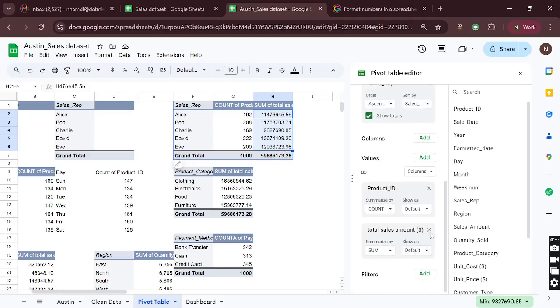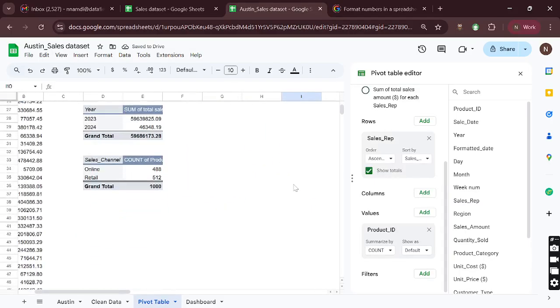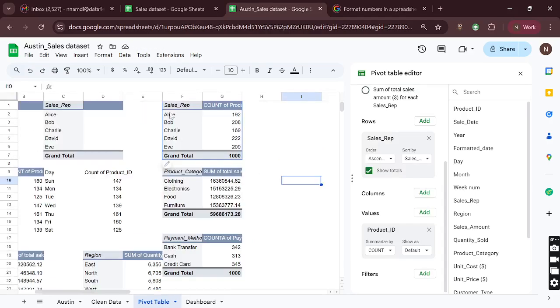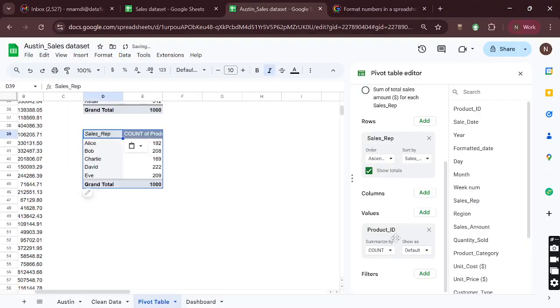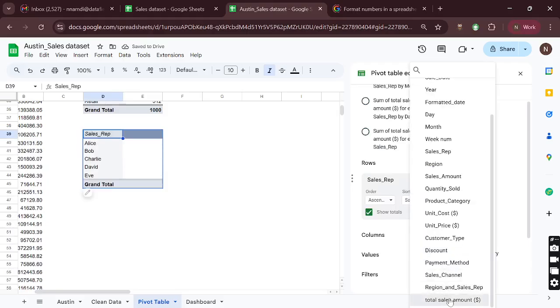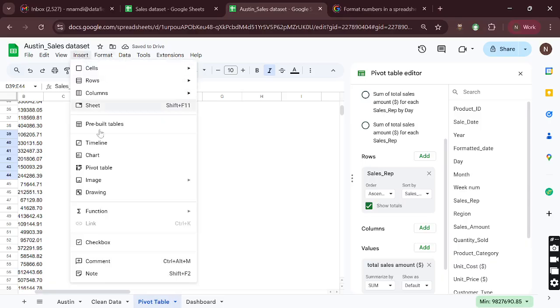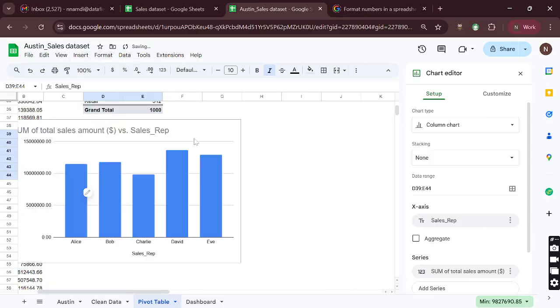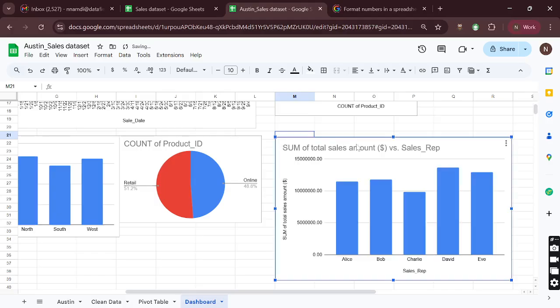Let me just take this out for now. All right, so I would create a different chart for it. I tried to see if I can produce both of them on the same chart, but unfortunately that didn't work out. I'm going to create a different chart for it. Take out the product ID and put total sales amount, and this is what I'll be displaying right now. Insert chart, and there we go. Take this from here to the dashboard, and boom, we're done with the